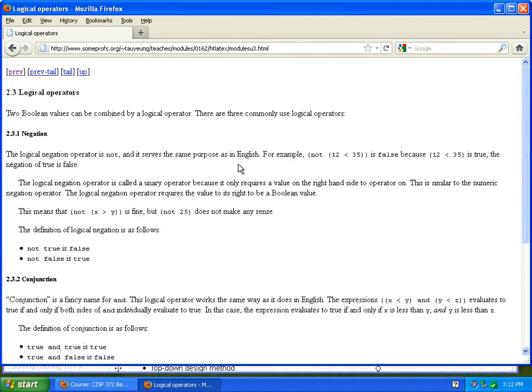Once you know how to make comparisons, which are the most basic expressions that can either be true or false, you can combine these by using logical operators. A logical operator is nothing new. We use that in normal English all day long. Negation is really just the English word not. So basically, when you say it is not the case that 12 is less than